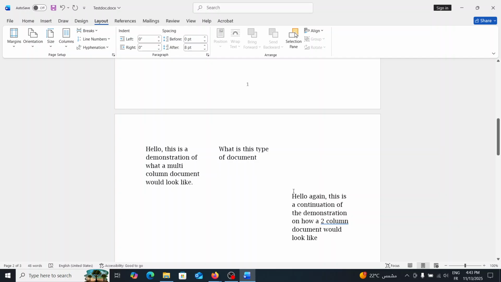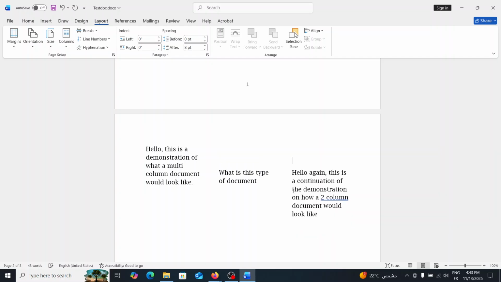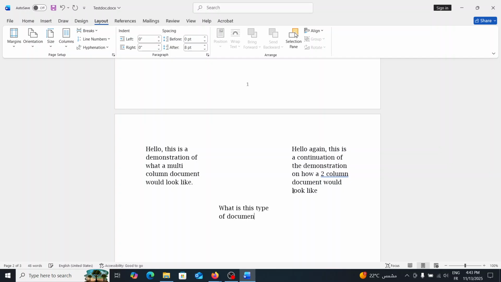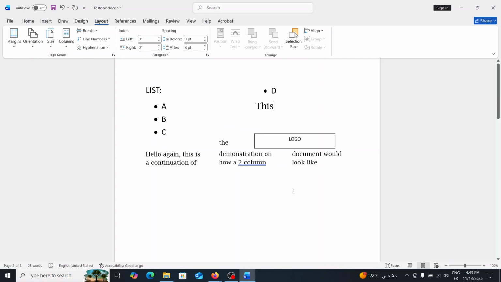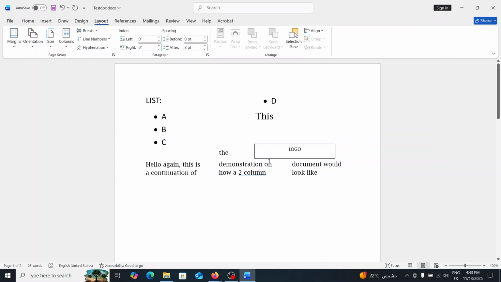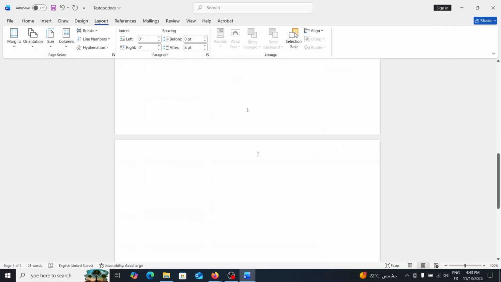Is everything clear? Now, why does it look weird? Just because notice this 3-column approach also applied to the above pages. Okay, so just for demonstration purposes,